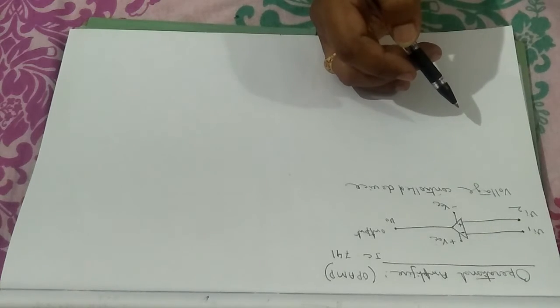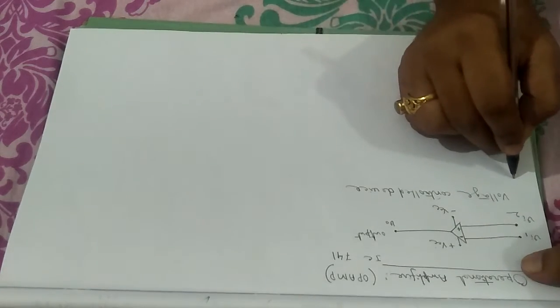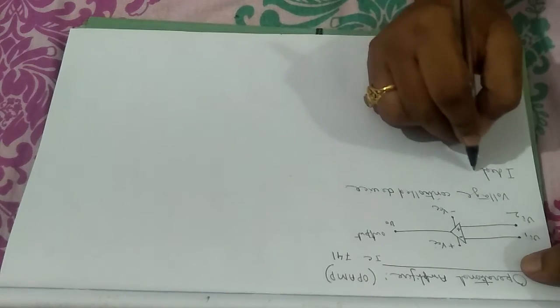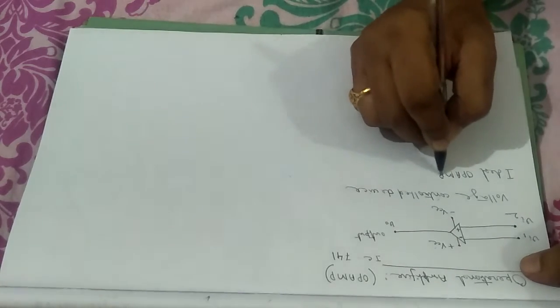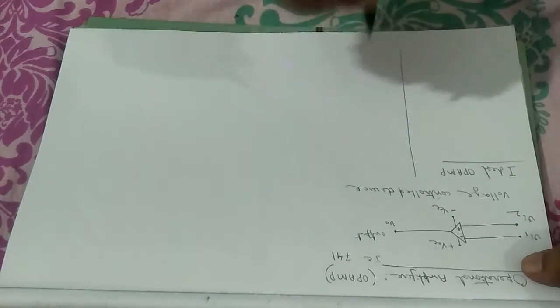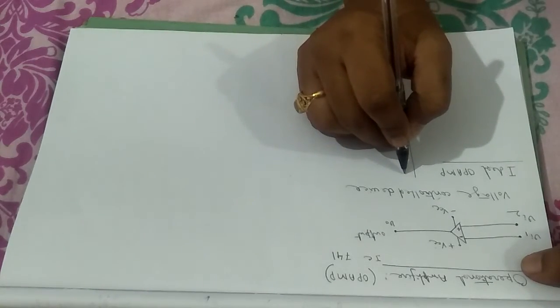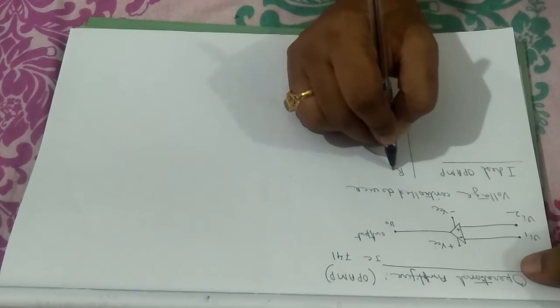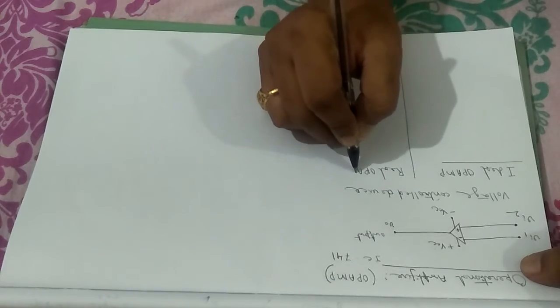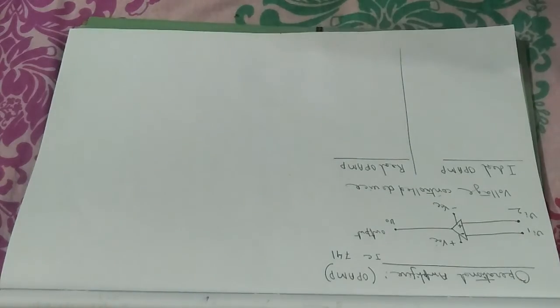Now we look at the characteristics of op-amp. If you are considering the ideal op-amp, the characteristics are set theoretically. But when you are looking at the real op-amp, that is the op-amp in practice, there will be little deviation between the characteristics. That is, the characteristics which are expected and the characteristics which you are getting in reality. First, I am not writing all this detail. I will just go through it, and you have to go through any book to have the notes on it. But I will discuss all the points.